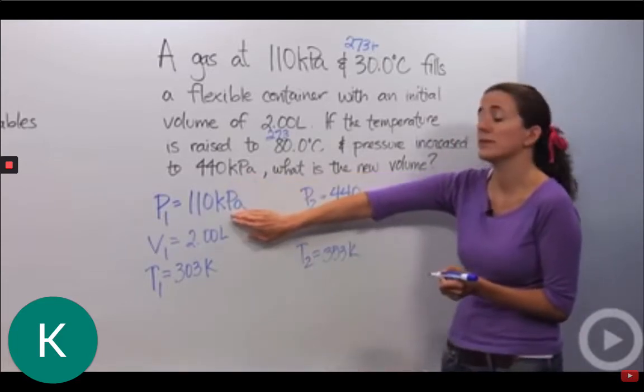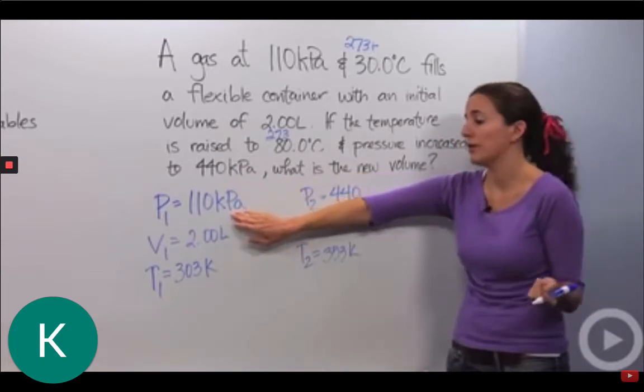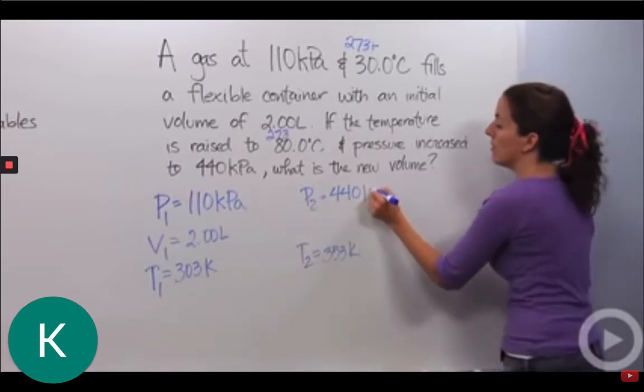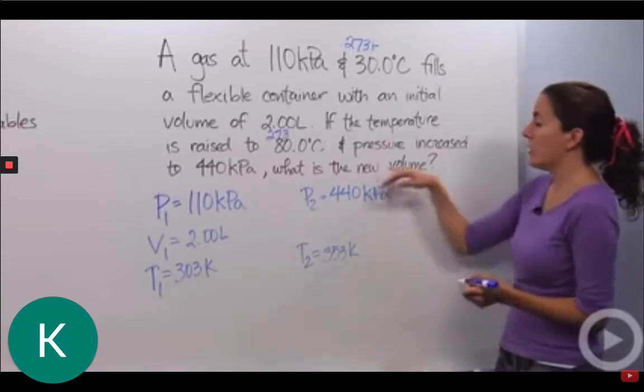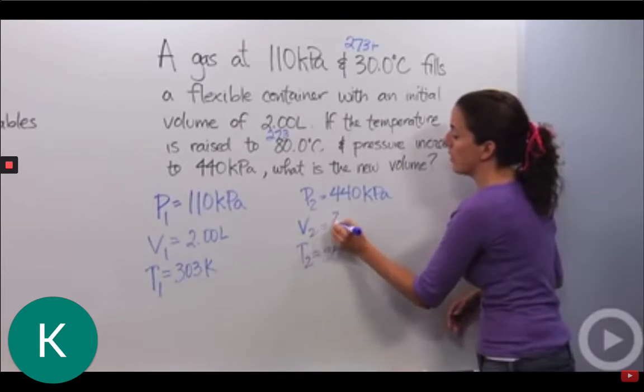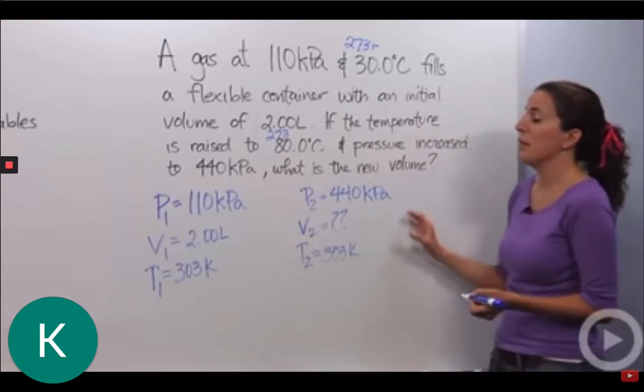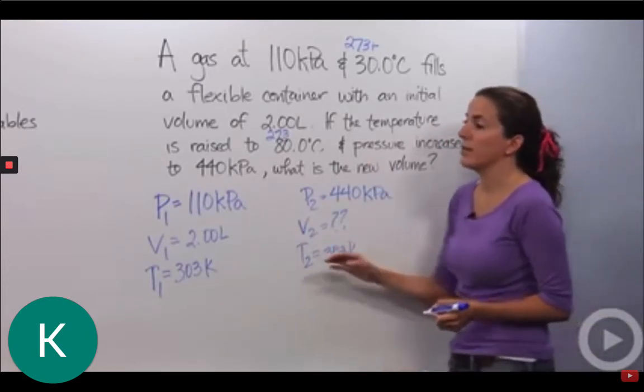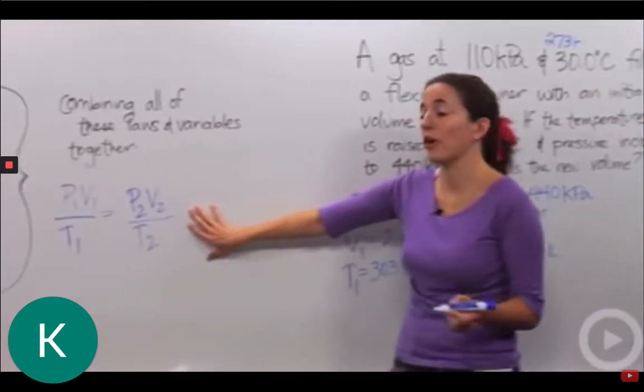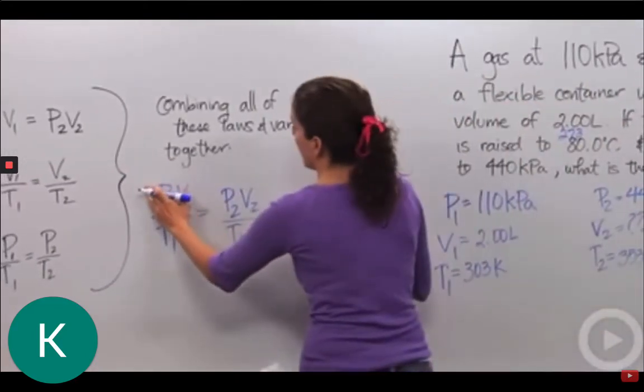So to make sure these units are the same, because pressure can be measured in several different units, we want to make sure our units are the same. And what is the new volume? So our V2 is our variable, what we're trying to find. Okay, so let's basically plug all these variables into our combined gas law to figure out what the new volume would be. Okay, so I'm going to erase this